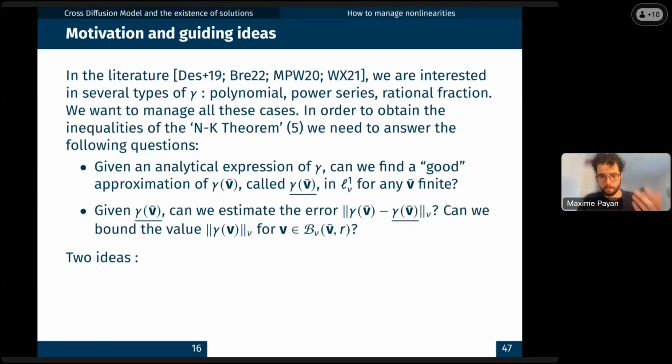And also, because of the hypothesis, to get the bound Z2, can we bound the norm of gamma v for any v in the neighborhood of a finite vector? There are two very common ideas, but recycled in this context: the Taylor expansion and Neumann series. So I will show you how we